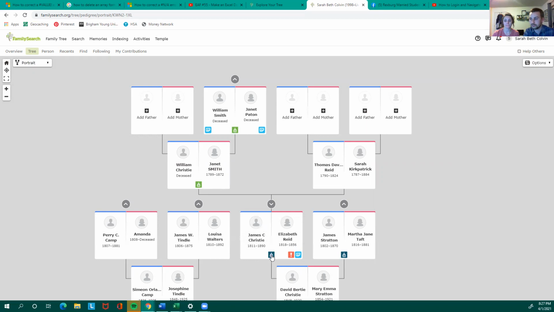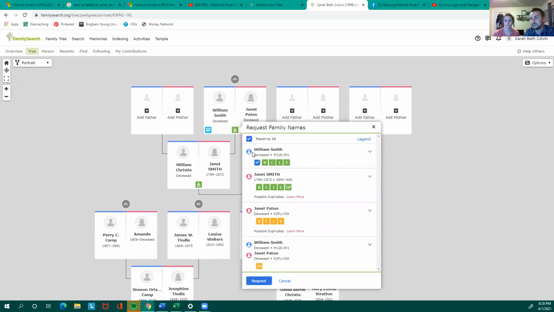Somebody's got this reserved, it's at the temple. You'll see an orange temple sometimes, and that means it needs work, it needs some fixing. And then the green temples typically mean that you are ready to take that to the temple. All the information's correct and nothing's duplicated and everything's ready for you to reserve it and take it to the temple. So for William and Janet, we can select the green temple button,